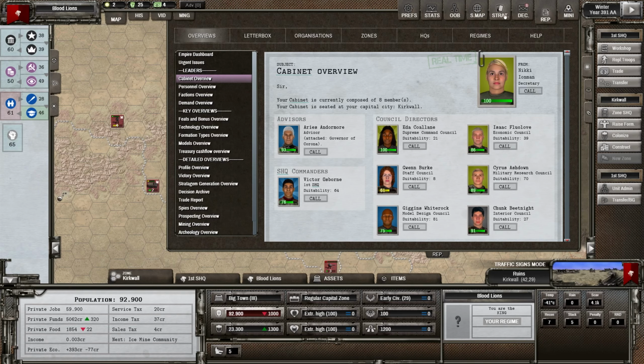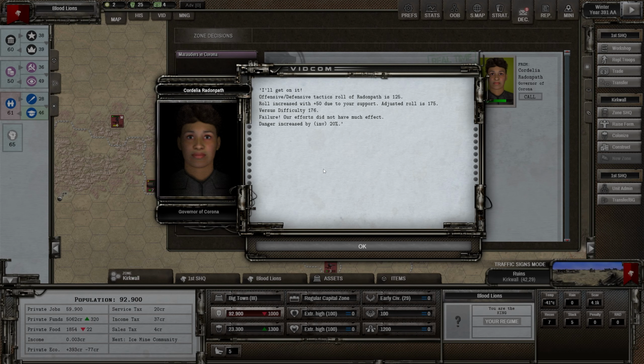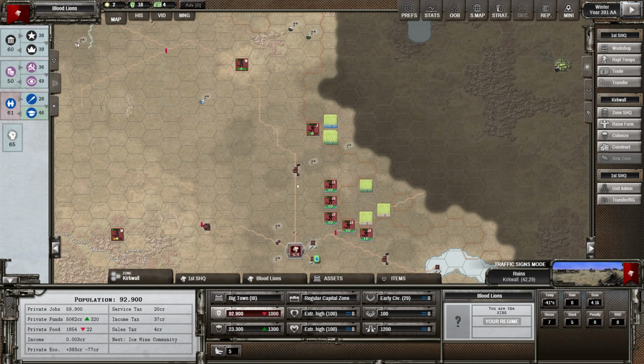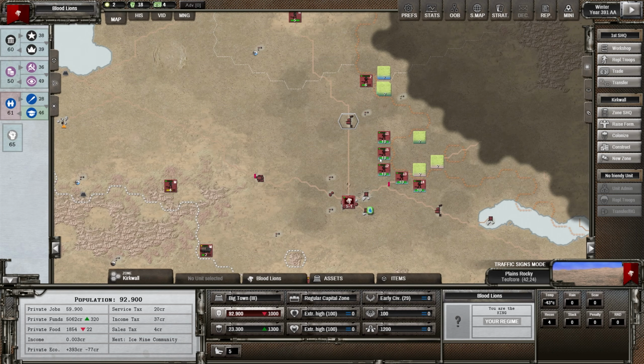Let's try this. Okay, so look, we're getting a much bigger bonus now. Oh, we failed though. Increase with 50 due to your support. Adjusted roll is 175. Oh, we failed by 1 point. Look, how unlucky. Oh well. It might be worth keeping the advisor attached to her for a while anyway. That might make sense. Just while she gets this zone...